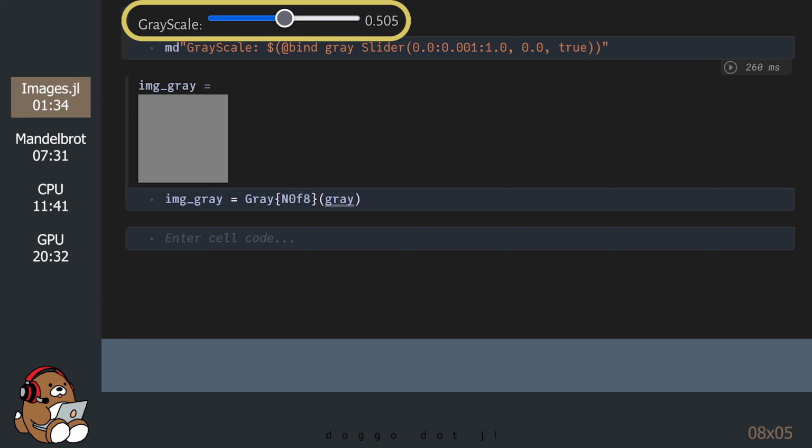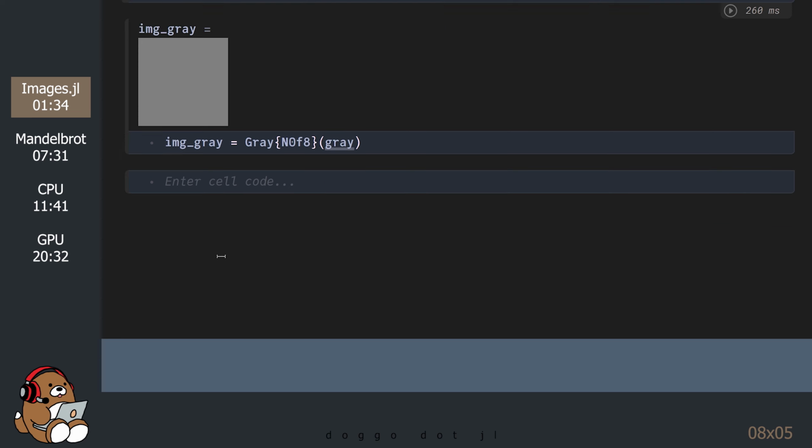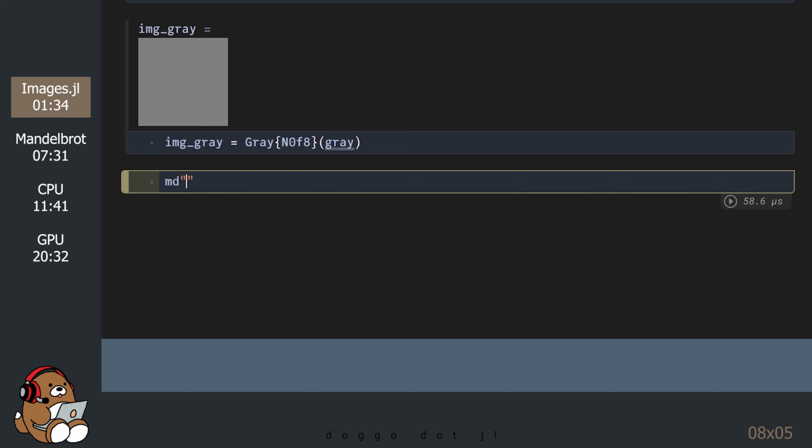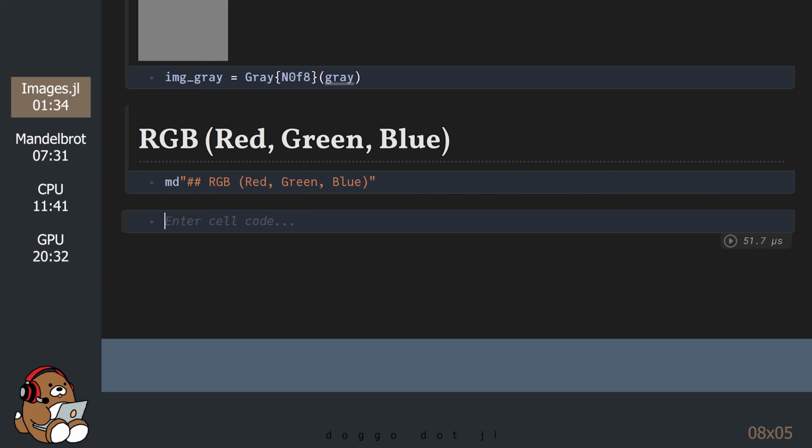Fun, right? For color, you need multiple channels. A common color scale is RGB, which stands for red, green, and blue. A combination of these 3 colors will generate any visible color.